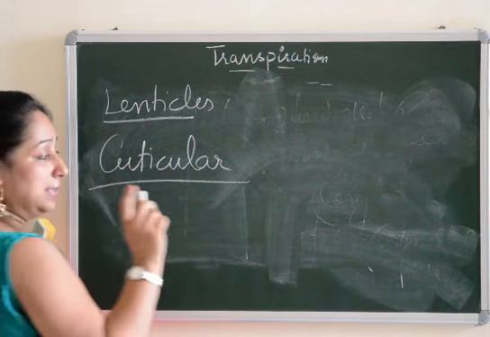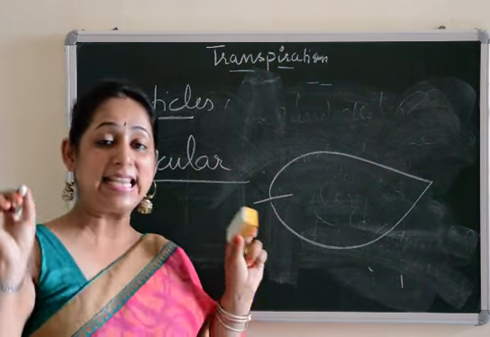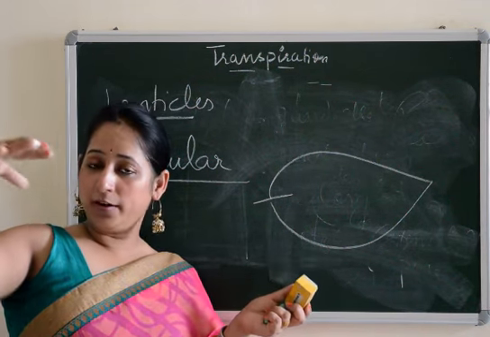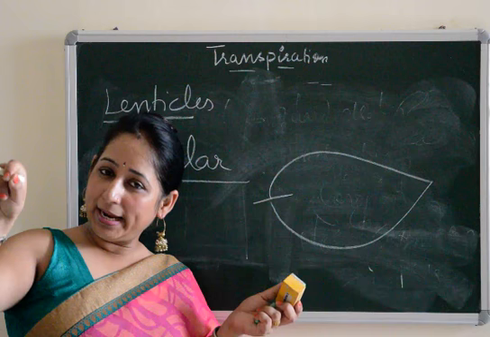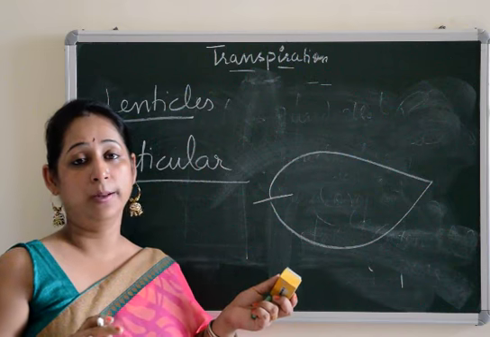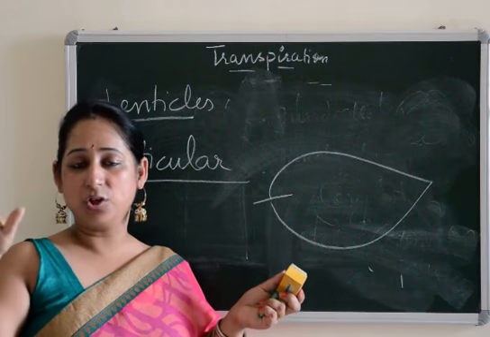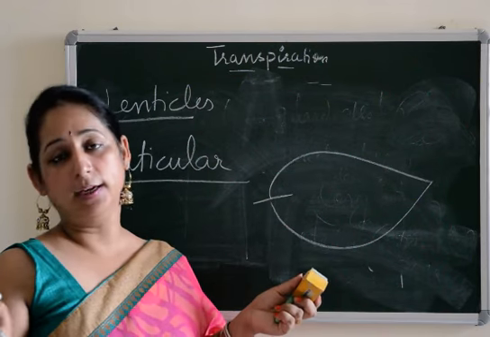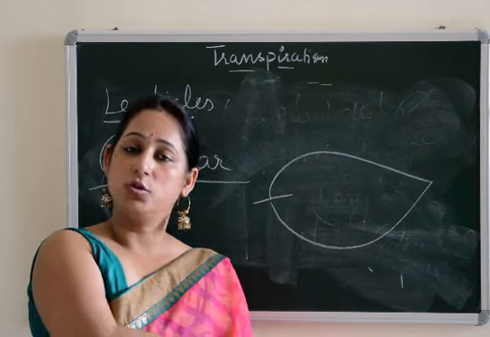Cuticular transpiration means, what is cuticle first of all? Cuticle is a thin, waxy, shiny layer present over the surface of leaf. If you see a leaf, the shiny part of the leaf, if you break it from the side and start pulling it over, you will see a very thin film will come out. Okay, a very thin waxy film which makes the leaf shiny is present over the leaves. It is known as cuticle, and the transpiration which occurs through this cuticle is known as cuticular transpiration.